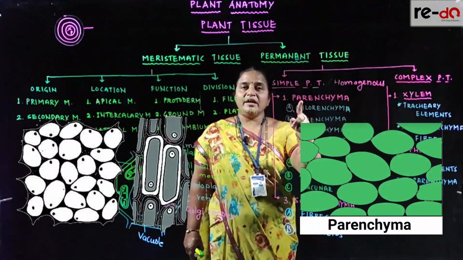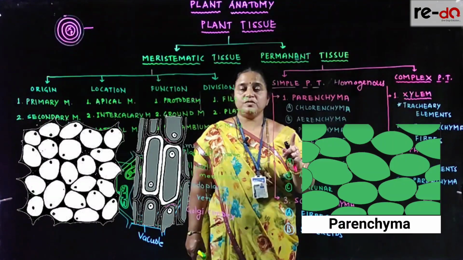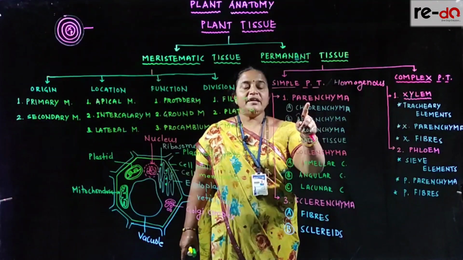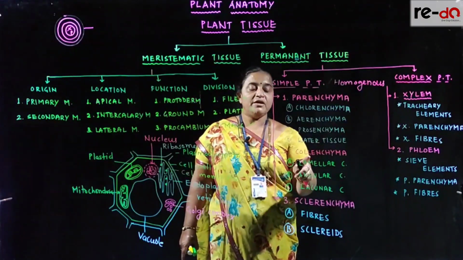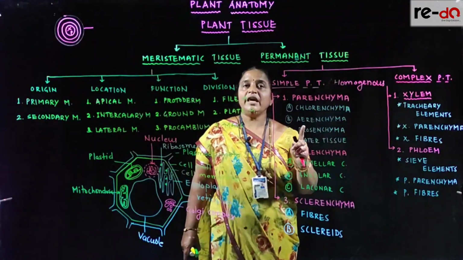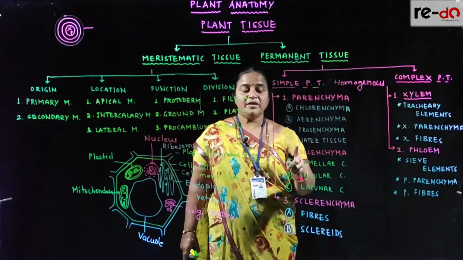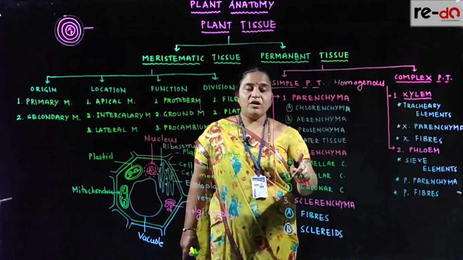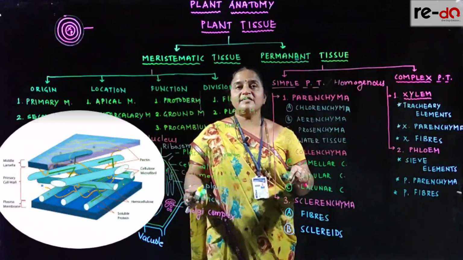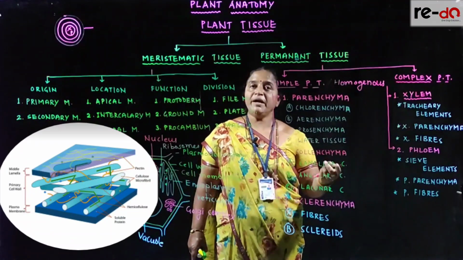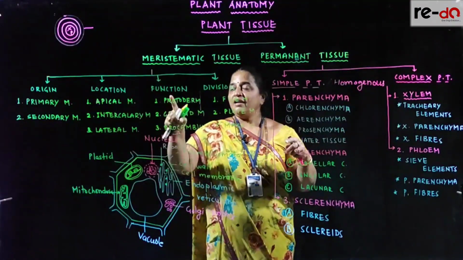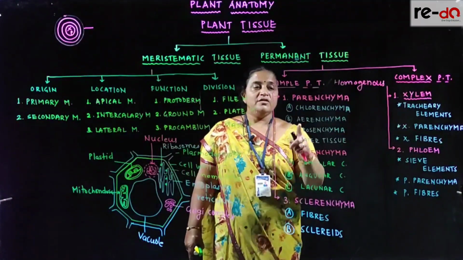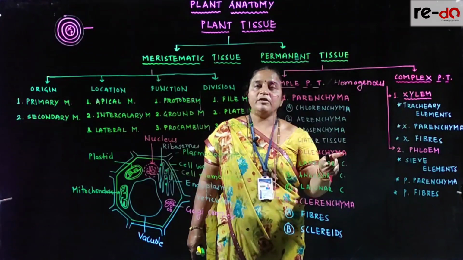Collenchyma and parenchyma, these both are living tissues. They have a functional nucleus and functional cell organelles. Parenchyma is found everywhere in the plant body, but collenchyma is present only in aerial parts, in the shoot system. It is the only tissue absent in the root system. This collenchyma has a thick cell wall due to deposition of pectin. Parenchyma and meristem have a thin cell wall, which is primary, made up of cellulose. So a pectinized cell wall is found in collenchyma.